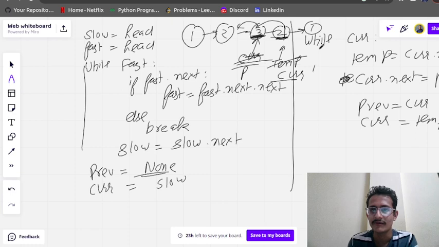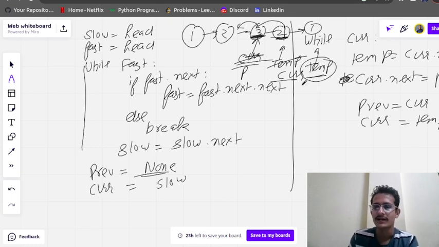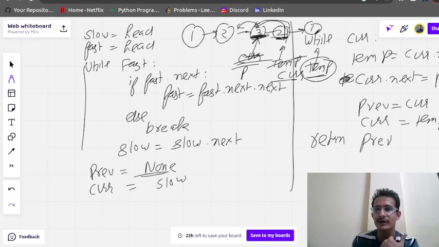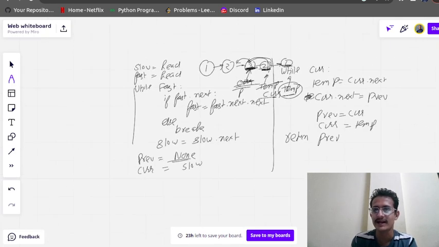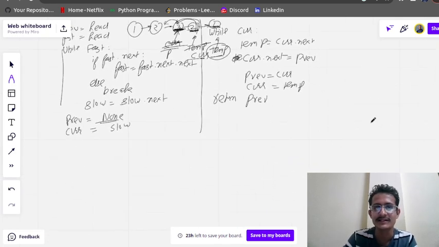Now again we have temp at 1. Perfect. So current.next, at this position, will be equal to previous. Here we are storing the address of 3, so it will be reversed. Then we will return previous. Basically we reached the last pointer and it is at previous. So we have the first pointer, that is head, and we have the last pointer, that is previous.